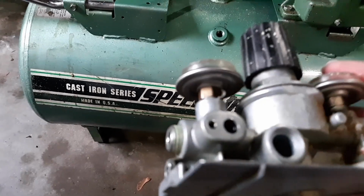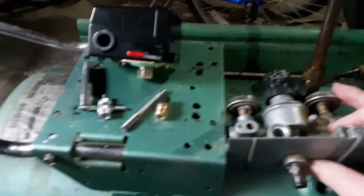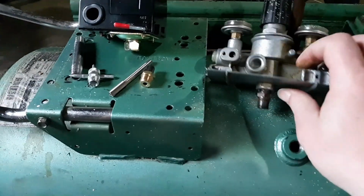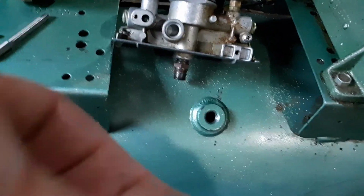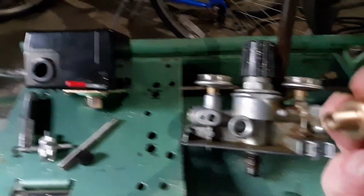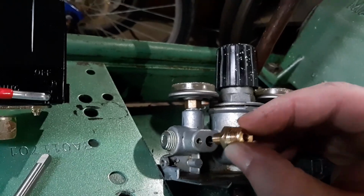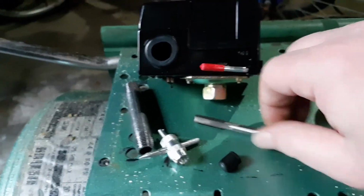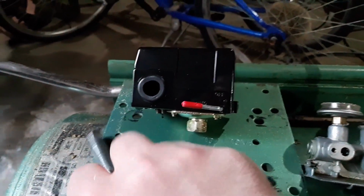Now this hole is pretty small, so you can't really tap it for a pipe thread. But what you can do is tap it for a Schrader valve. See, this is almost exactly the same size. So I have the tap here, and I have a valve core tool to remove the core, and I have a longer nipple because when I